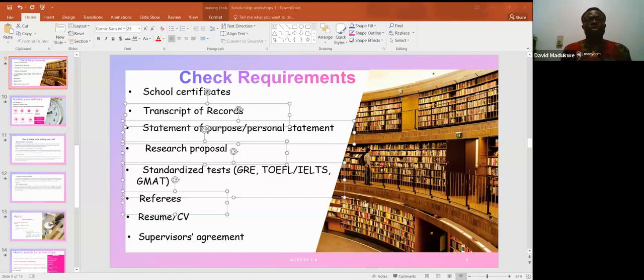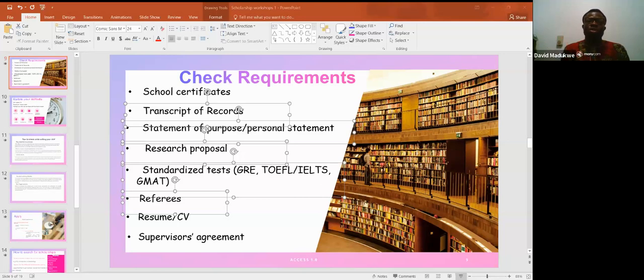Then we have the resume or your CV. When you talk about the resume or your CV, this is where you enumerate the different things you have done. I mean, your academic career or your work career or the experiences you have gathered so far. So this is where you document it. And most schools will tell you that they just want 2 or 3 pages of your CV. So in that case, you don't need to write much or describe much. Just limit it to that particular number that they requested from you